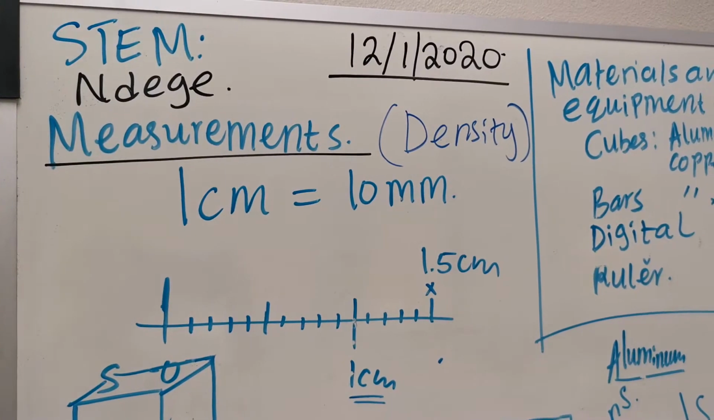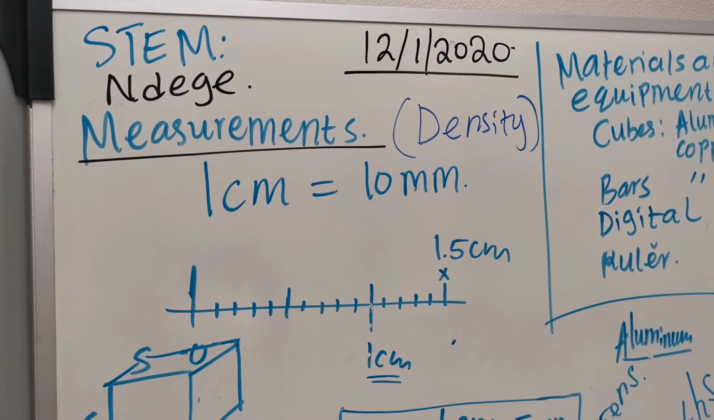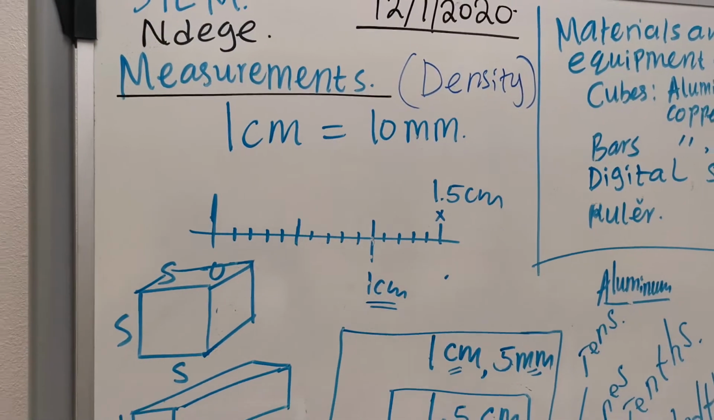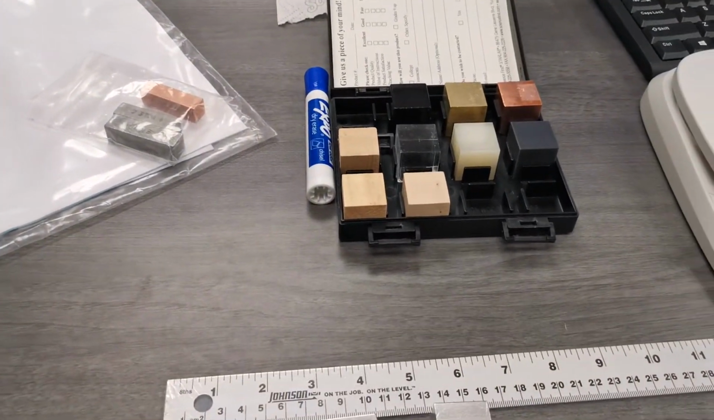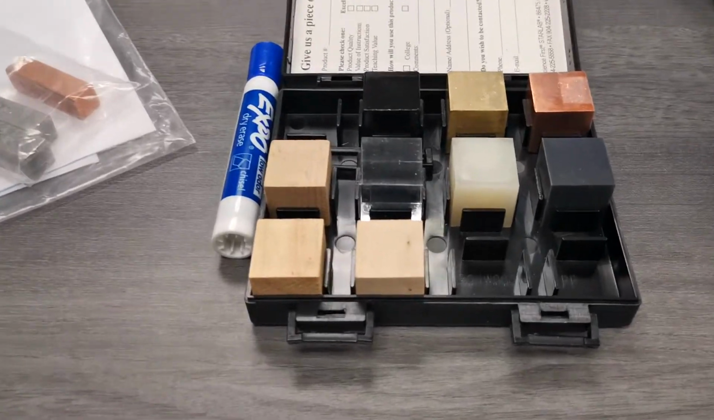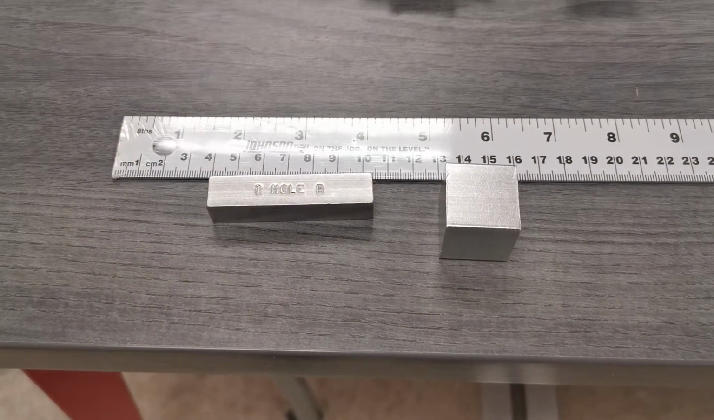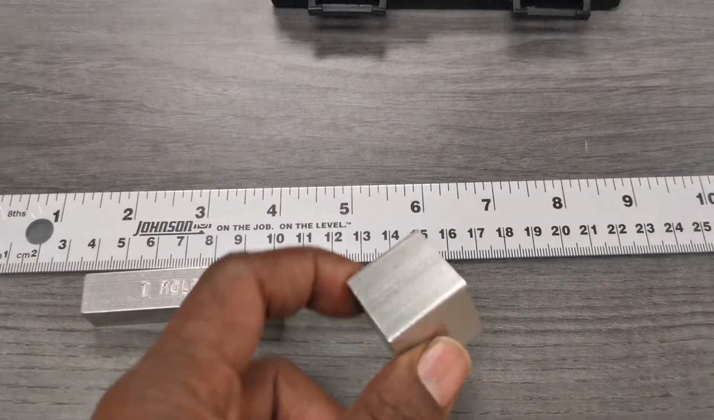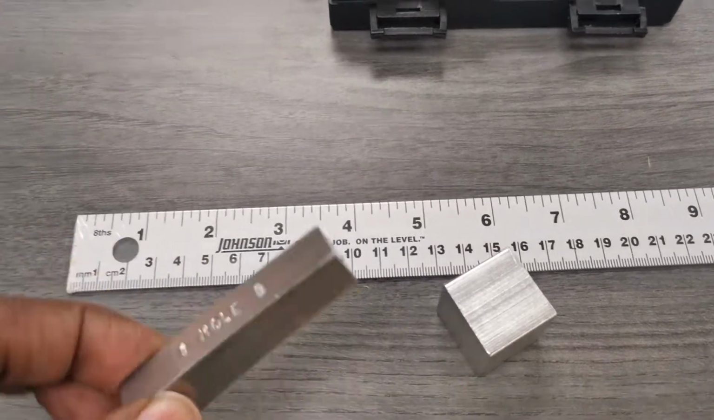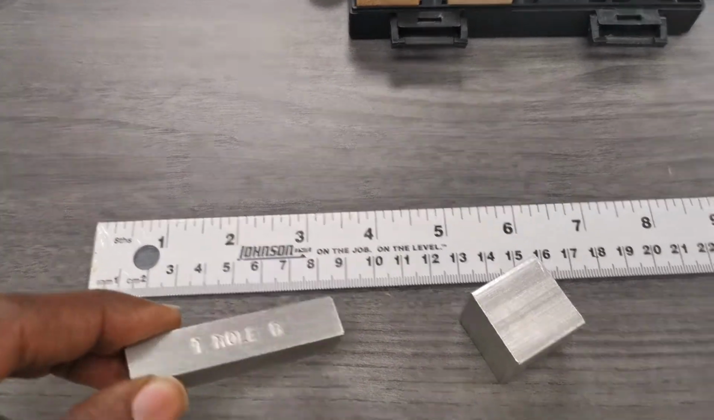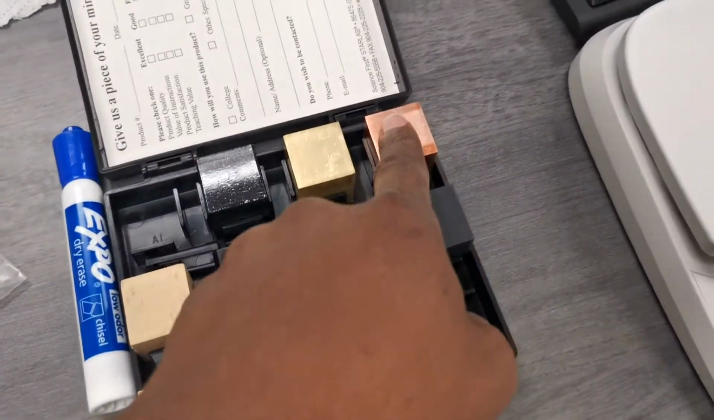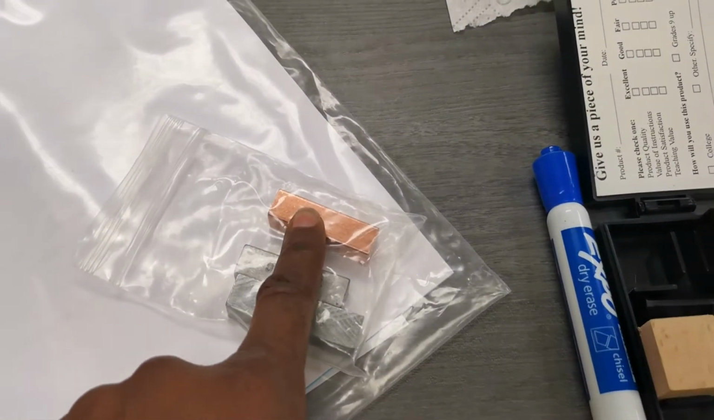In this activity, the student was measuring the density and carrying out activities related to measurements. So the student started by measuring the length and the width and the height and the sides of a cube and an aluminum bar, and then he was able to compare the same for copper and a copper bar and a